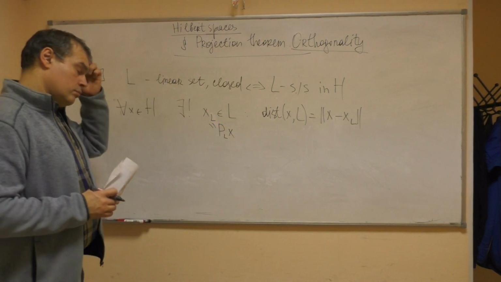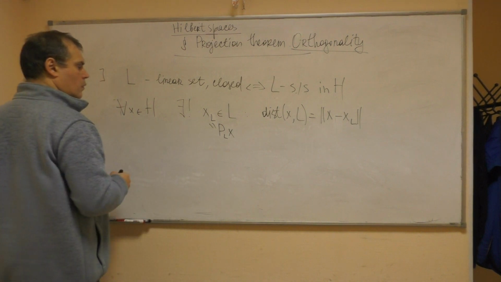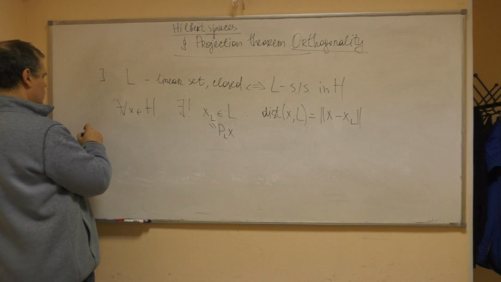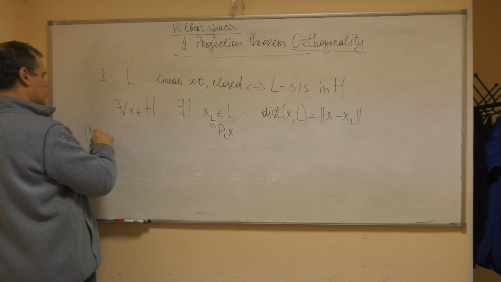So we can say that X_L is the projection of X onto A, and first claim